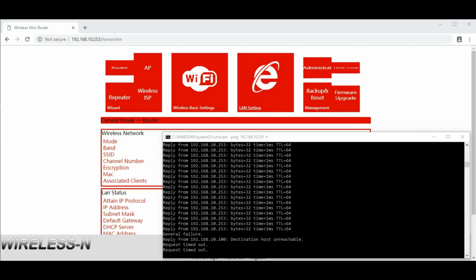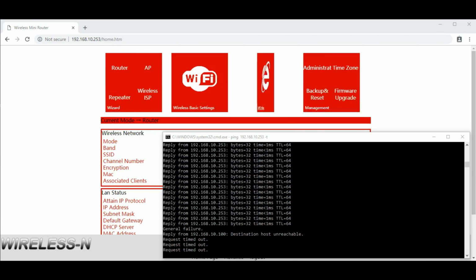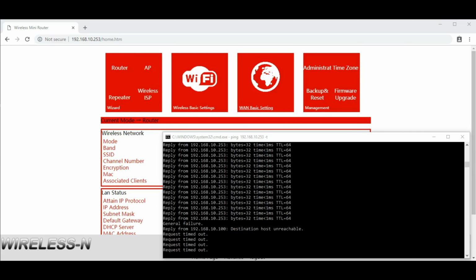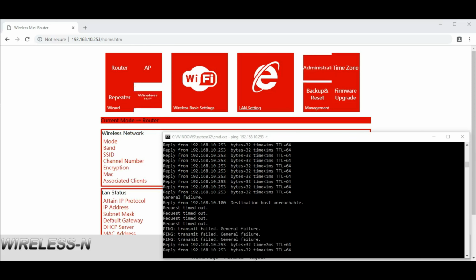And for those of you who are interested about energy consumption, in access point mode with a computer plugged into it, it was using 2.5 watts, and if I plug the WAN into it as well, it goes up to 3 watts of energy on a 240 volt